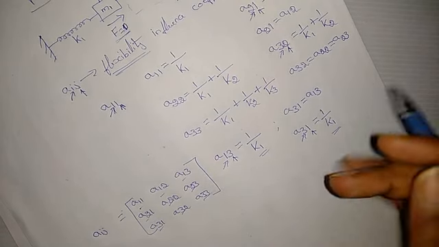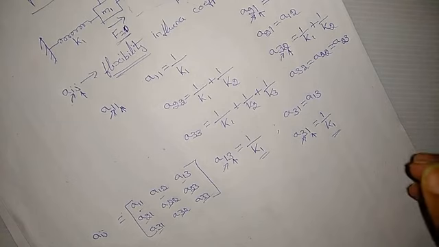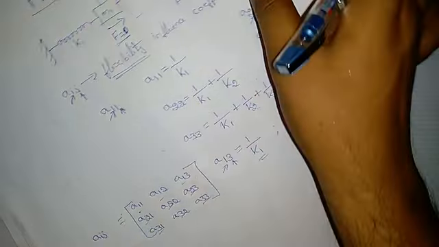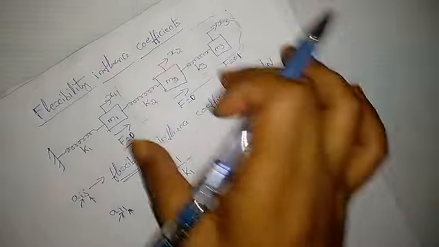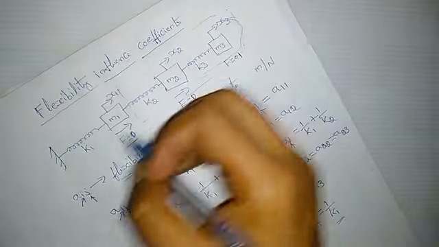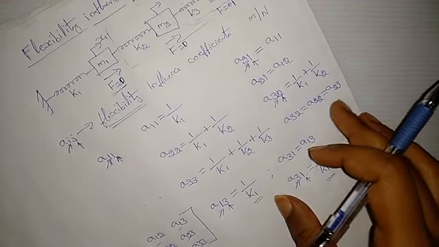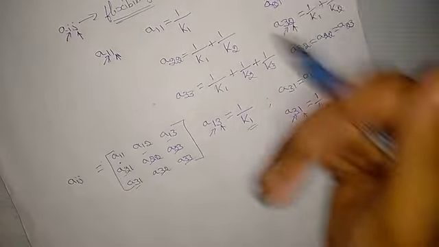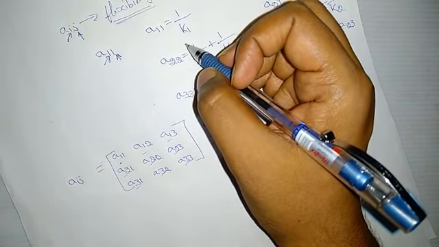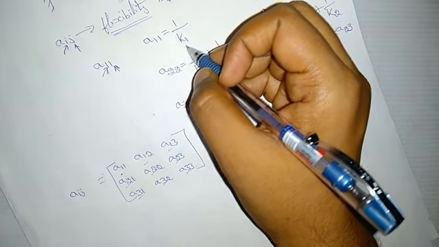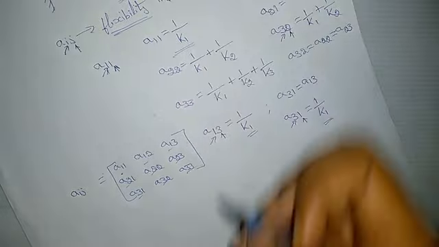So what is the purpose of doing this? That we'll discuss in the next video, because the use of this is in finding the natural frequency of a multi-degree of freedom system. These flexibility influence coefficients will help. Now we have seen that A11 is equal to 1 by K1, and if you want to prove this,